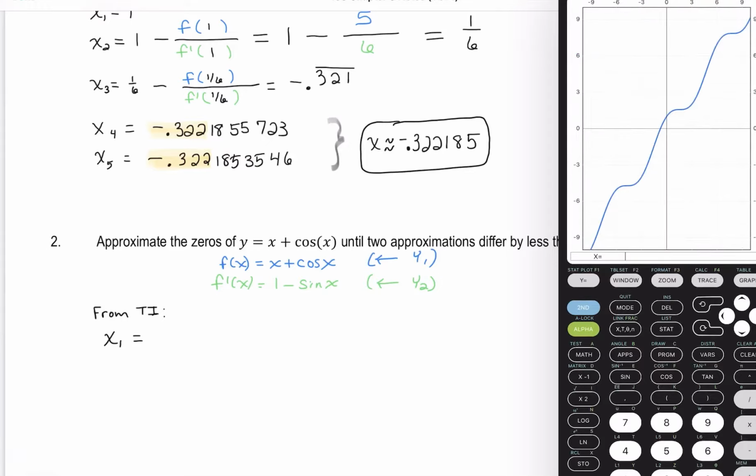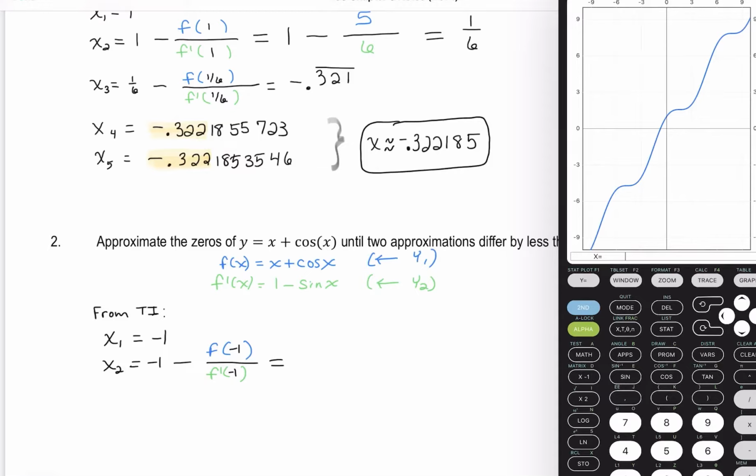And as we look at our graph, again, the visual on my graphing calculator, the graph display may look slightly different than yours, but I think we can all kind of take a look and say it looks like that zero, that x-intercept, is near -1. So that certainly seems like a good initial choice. Now, the formula for Newton's method is that previous guess minus f of that previous guess divided by f prime of that previous guess. So this is what we're going to have when we sub in for Newton's method,